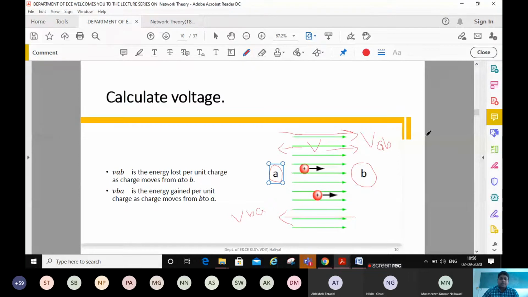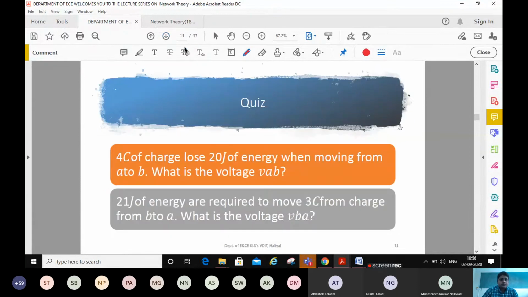You need to generalize a few things here for your understanding. Anyway, there is a small quiz, so you can attend it. Just note down these two questions, and you can put the answers in the chat box. Is 1 minute enough? You can post the answer as A1, answer 1, followed by A2, answer 2, for these two.